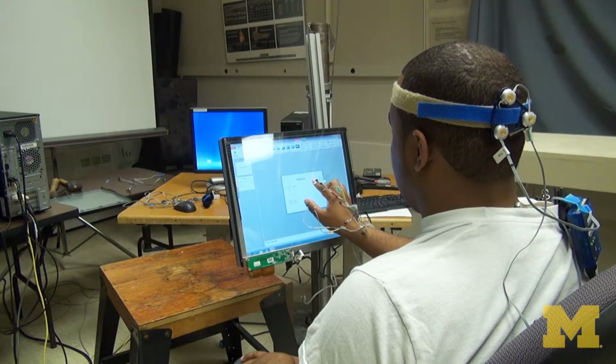We also determined that the precision of the task is something that is very difficult to achieve on a touch screen, and so that's one of the issues that we are looking into now in order to determine what is the level of precision that can be achieved with a touch screen, and is it compatible with tasks that are simple computer tasks, or whether they are compatible with other tasks that may be more of industrial